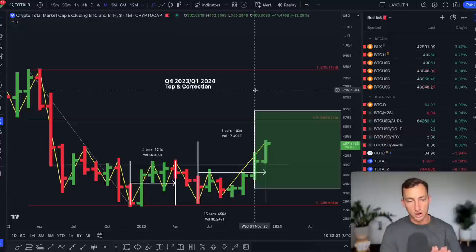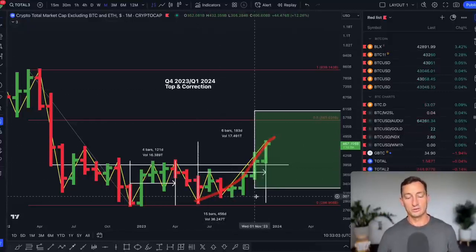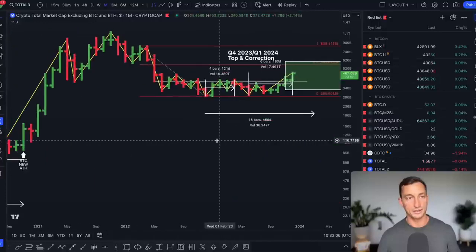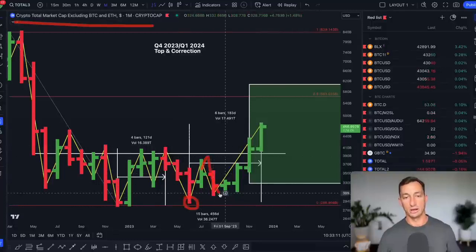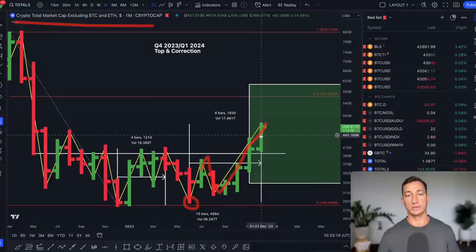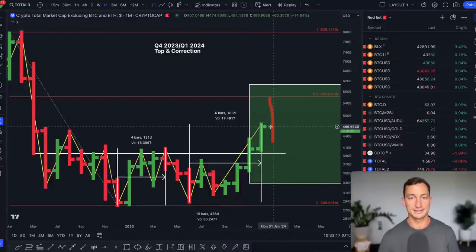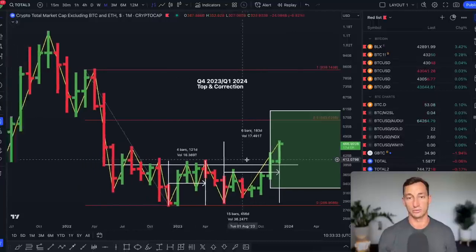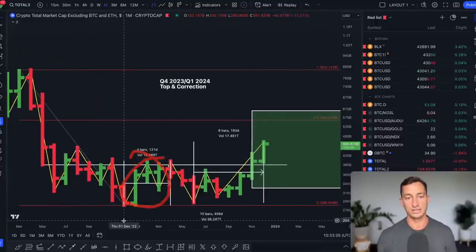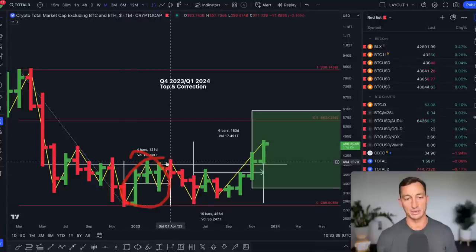So in terms of time in the greed, we've been up for roughly 6 months now with the total 3, excluding Bitcoin and ETH. The market has had a low, a higher low, and then basically a nice solid move of 1, 2, 3, 4 months. Can it continue on and get one last ditch attempt to the higher prices? Sure. So that's what I'm talking about, this sort of period of December, January. So there's still good trading opportunities provided you have strict rules and you have stop losses in place to take the profits, because the market has been up for a pretty long period of time. The longest we've seen previous to that was about 4 months from December into April.